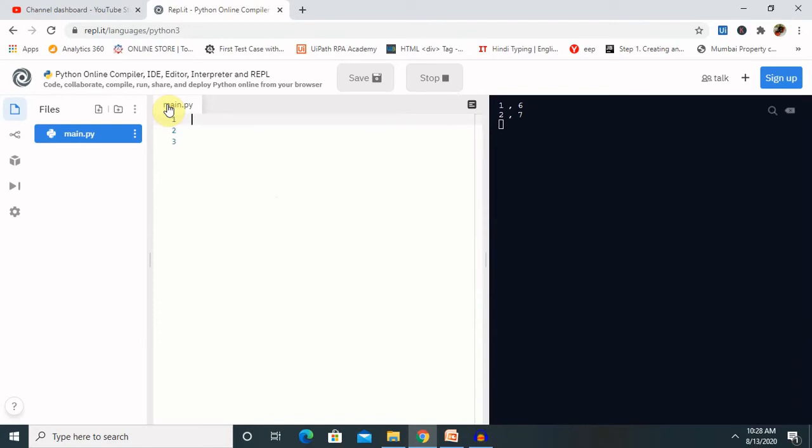So let's see the third concept, that is while loop with else block. When we are working with the else block, it's optional, but it executes only after the loop finishes execution. So let me declare n equal to 6 or 12,